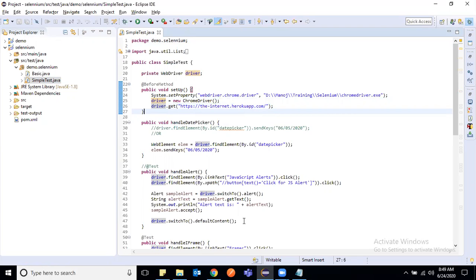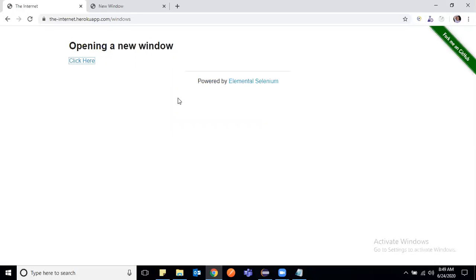The window that WebDriver opens the first time becomes the parent window, and any other window opened after that becomes a child window.